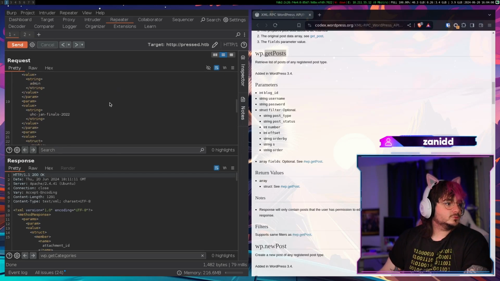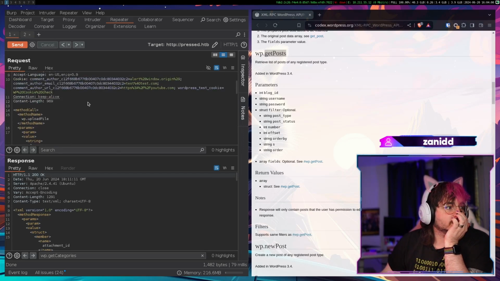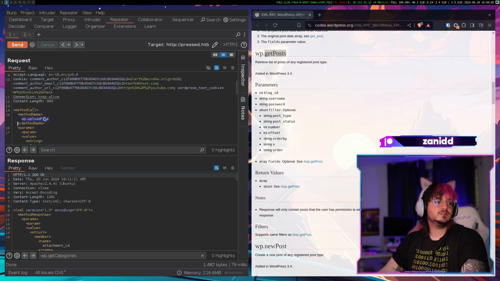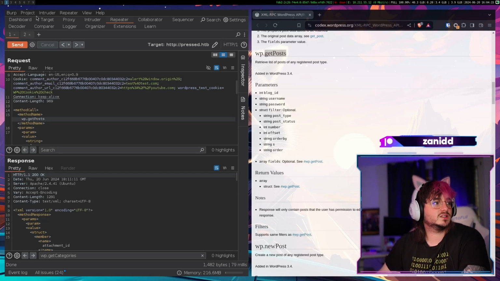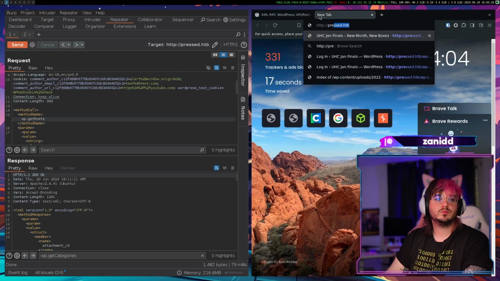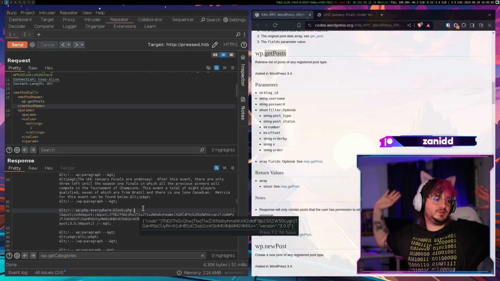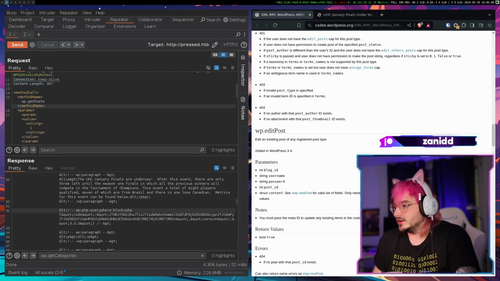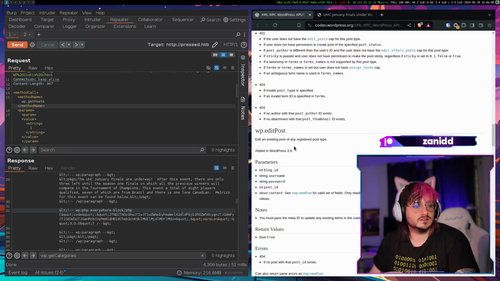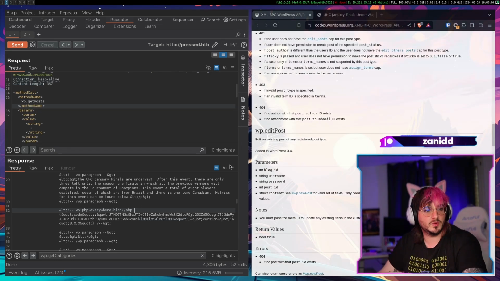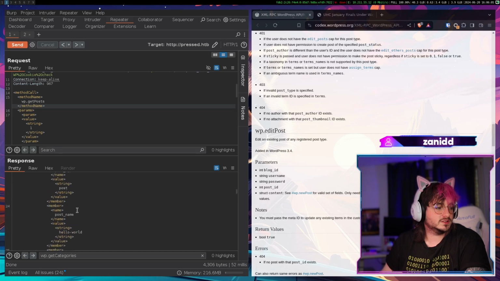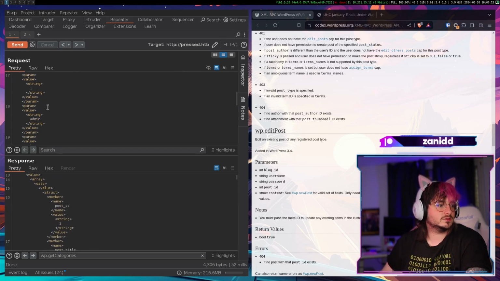All right, we want to have wp.getPost. What the hell is a block ID? And here we have it, the PHP everywhere block. All right, let's continue. Here we can edit a post, and for this we need the block ID and the post ID. So get post, it was a 1,